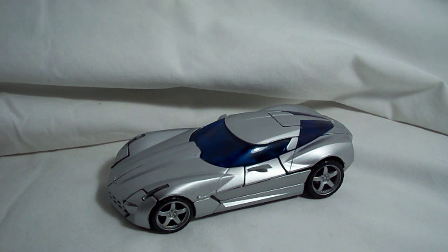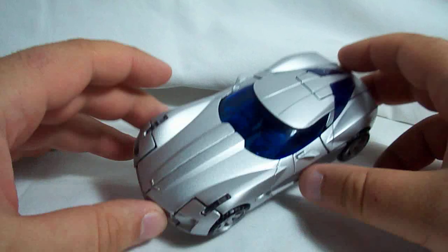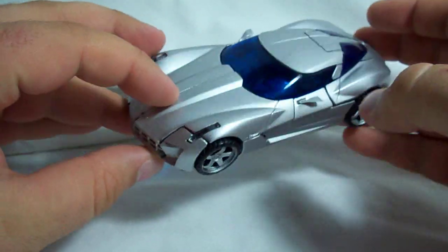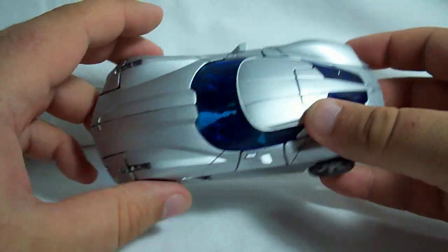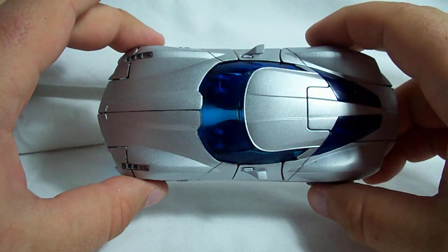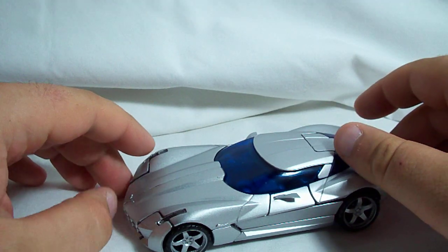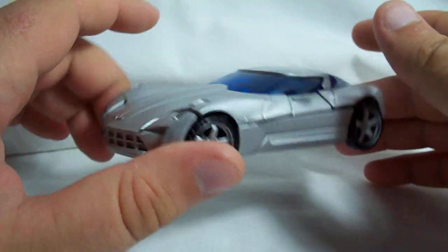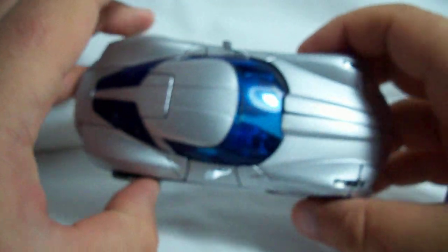Alright, this is VG8259 again, and today we're going to be doing another Transformers review, and today I've got Sideswipe from the yet-to-be-released Transformers Revenge of the Fallen. And all the major retail stores over the past weekend released all their stocks of the Revenge of the Fallen figures, and